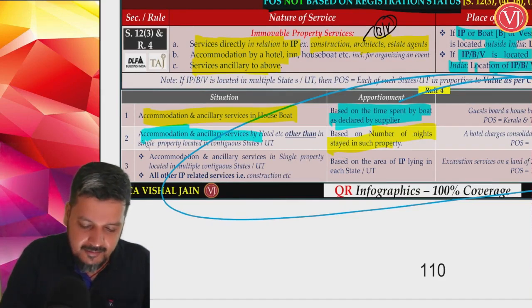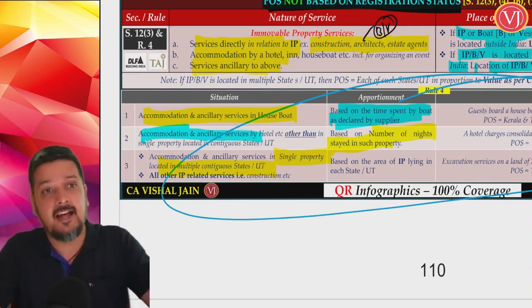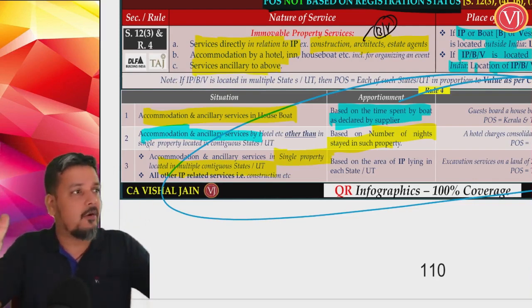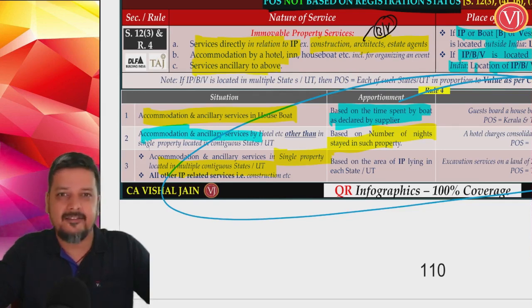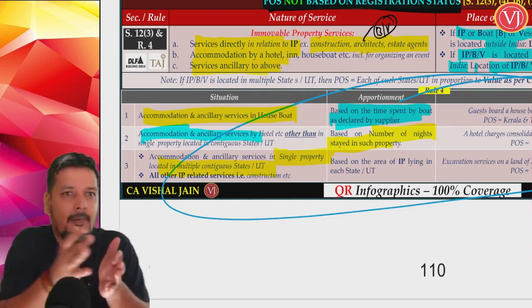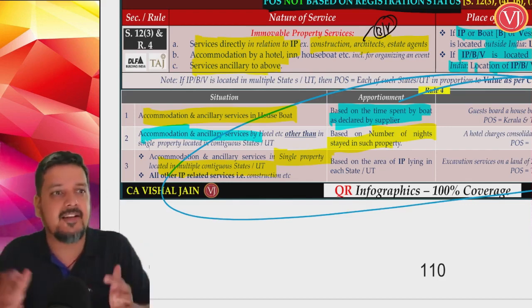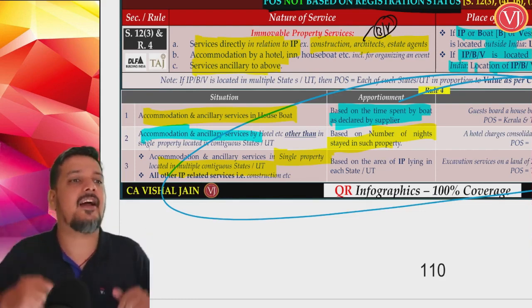Supposing there is a single hotel related to 2 states. Very rare scenario. Say, for example, there is a hotel which is on the boundary of 2 states, partly in Tamil Nadu, partly in Kerala. Being in Coimbatore, it is very common for us. If you go to Anaikatti, it is highly possible that a big resort is partly in Tamil Nadu and partly in Kerala. I stay in that